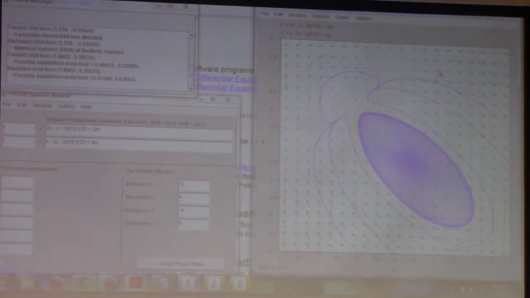This is something called p-plane. It's built into MATLAB. Oh, you asked me a question about whether this is like direction fields? Yeah, that was the question I'm thinking about. So this